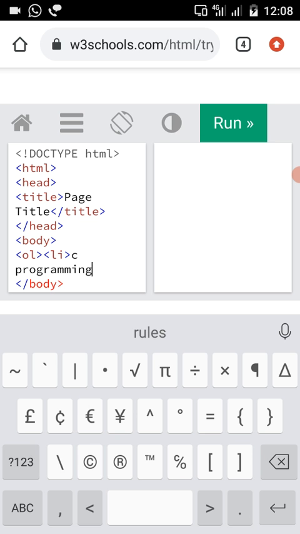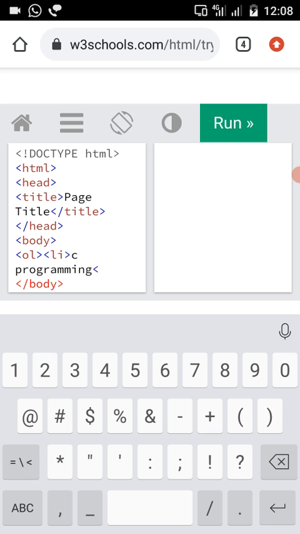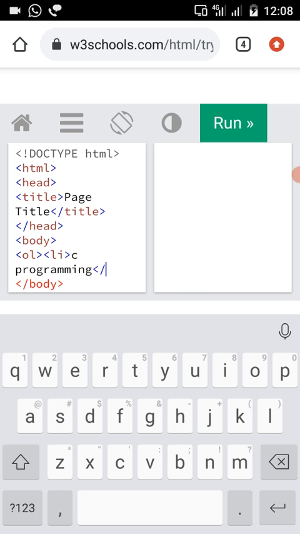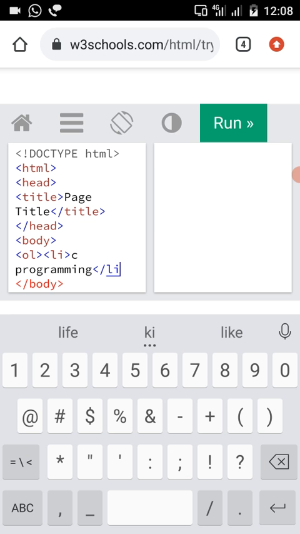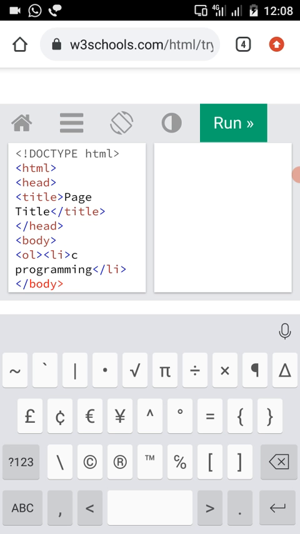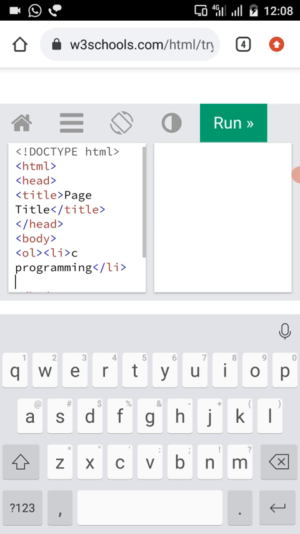After writing the list item, you should close the li tag. Here the li tag and ol tag are paired tags. As all of us know, a paired tag means a tag having an opening tag as well as a closing tag.